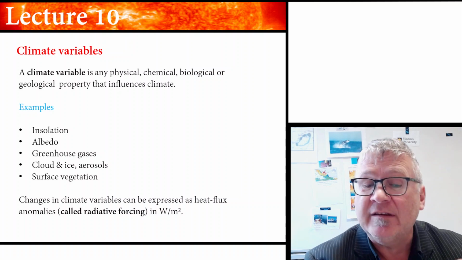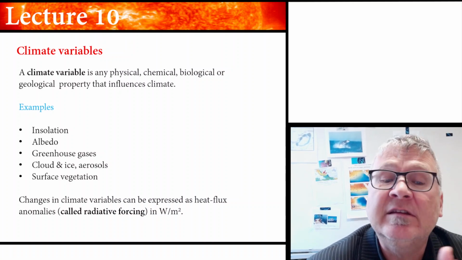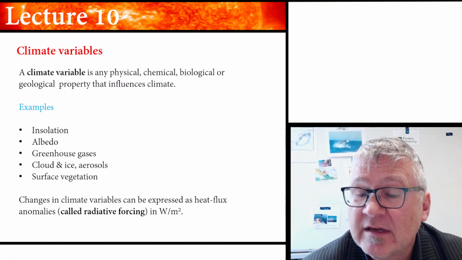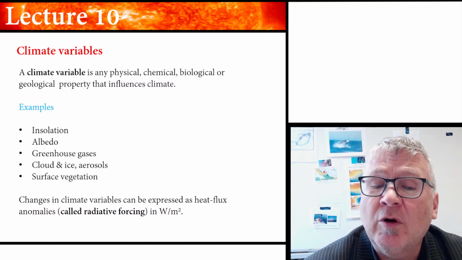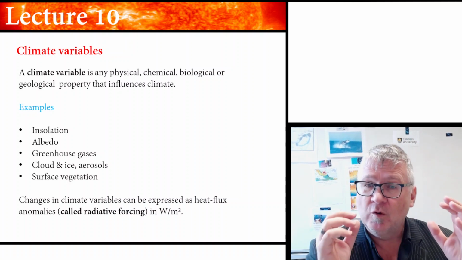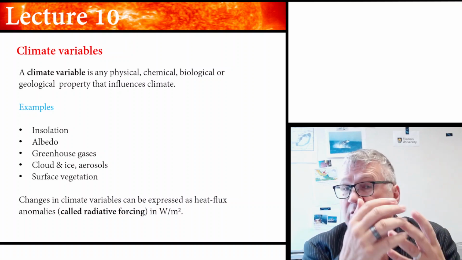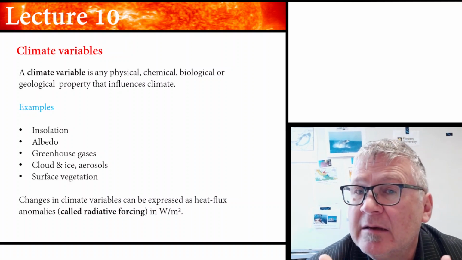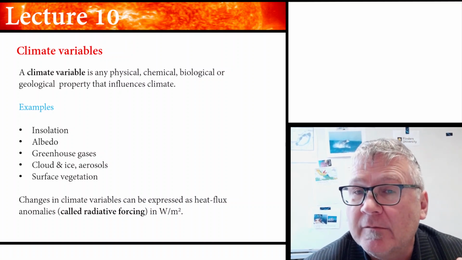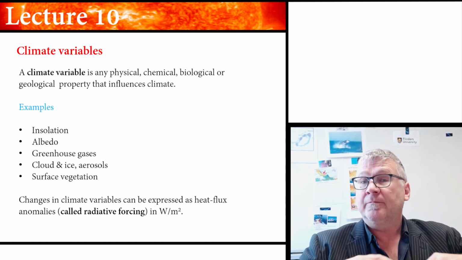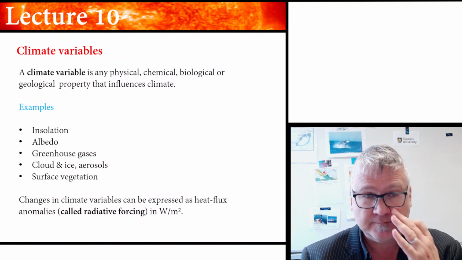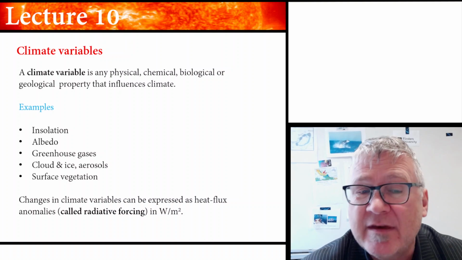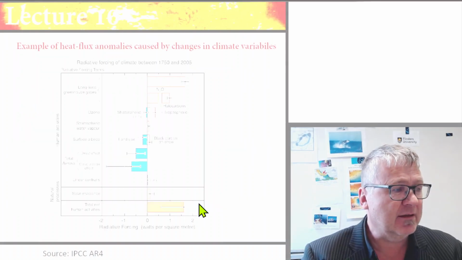The effects of these climate variables, or changes in these climate variables, can be expressed as heat flux anomalies in watts per square meter, also called radiative forcing. So you have to imagine that although you have very different processes, you can express them all as a radiative forcing in terms of a heat flux anomaly. And I'll show you one example of what is meant by that in the next graph,